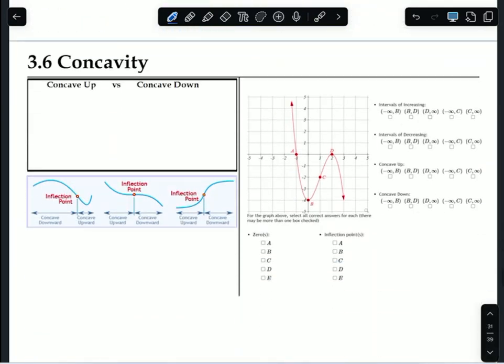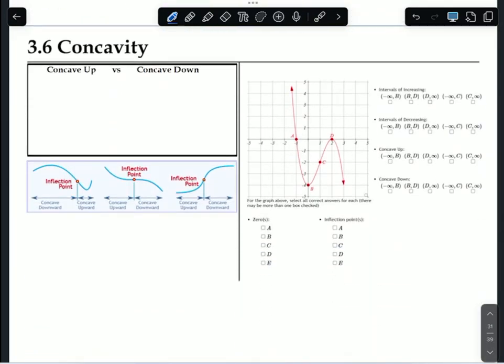So let's do that. Concavity has to do with whether a graph is concave up, so whether it curves up like a smile, or concave down, where it curves down like a frown. Right? And so when you're looking at these, one of the ways that we're going to introduce concavity has to do with how the slopes are changing, or the rates of change are changing themselves. And one of the things we'll find in the next set of notes is talking about how the rate of change